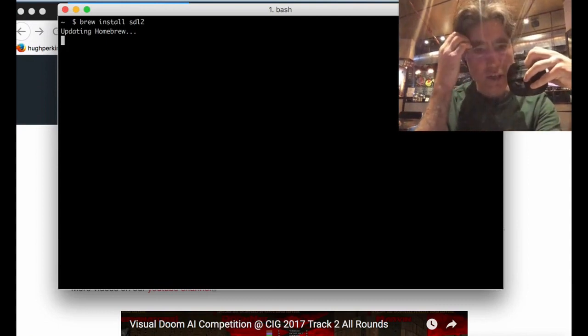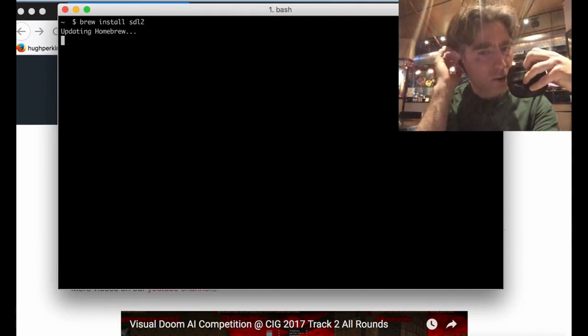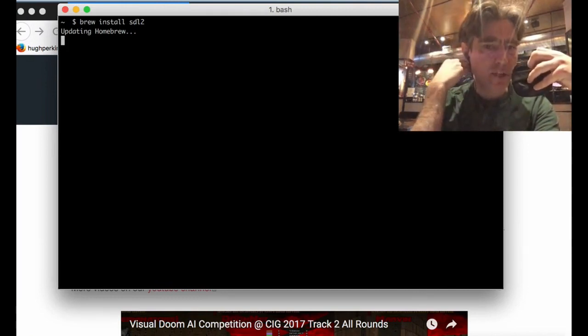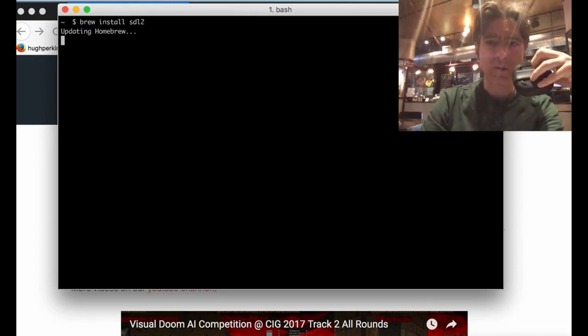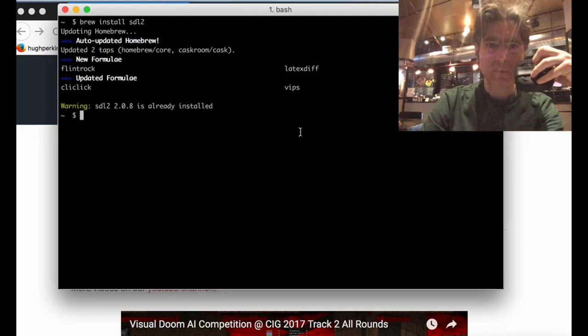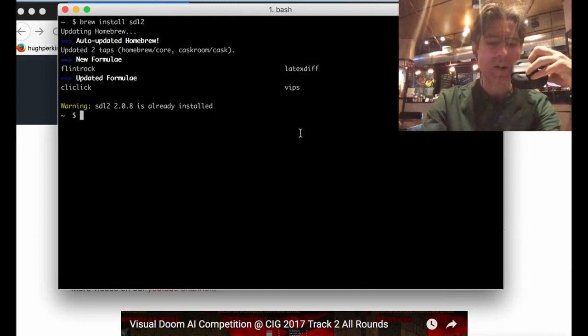Now I use Conda. So I'm going to create a Conda environment, and then I'm going to try installing VizDoom into the Conda environment. Updating Homebrew. I thought that would be faster because I already ran it, but apparently not. I guess I'll probably get this bit later. But for now, it's running. Okay, there we go. So SDL2 is the package for brew. Then let's create a Conda environment.